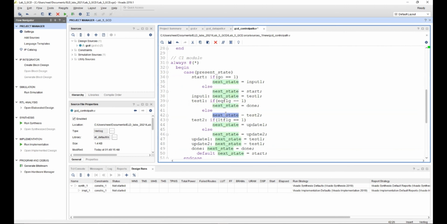And to do that, we are making use of the state test 2. In the state test 2, we are using the less than flag. If the less than flag is equal to 1, then we need to make certain updates to our inputs. If the less than flag is equal to 0, we will be making use of different updates to our inputs. So we'll be looking at that over here.